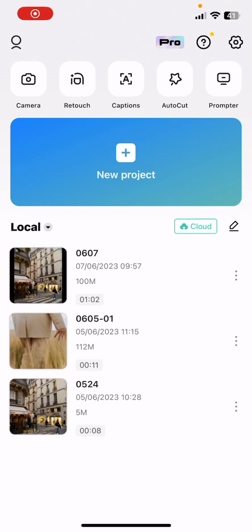Hello guys, in this video I'm going to show you how to draw on your videos and photos in CapCut,